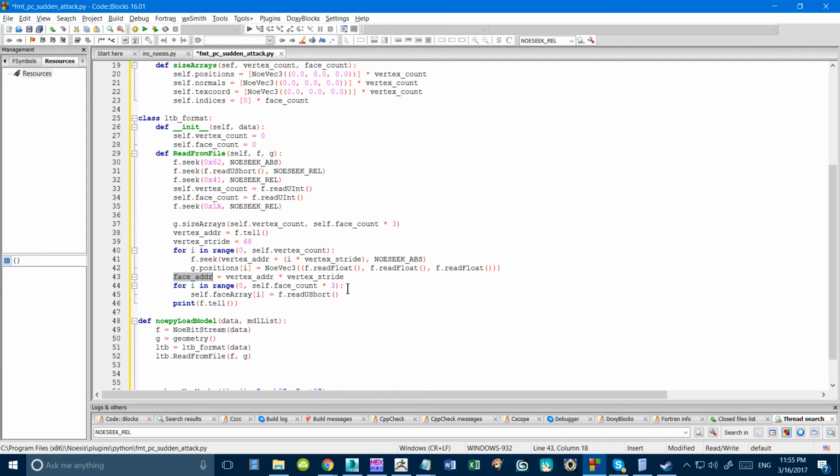And so now, actually, you know what? We don't even have to do that. We just have to go like this. So go f.seek, put that in there, and then this is going to be NOESEEK_ABSOLUTE. So that will bring us right at the face buffer, and where we're going to go in range of the face count times 3, where this is going to be g.,